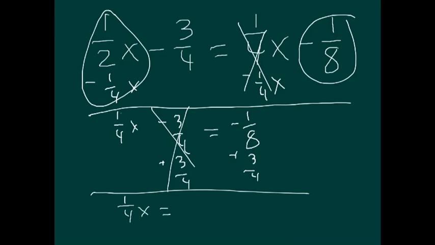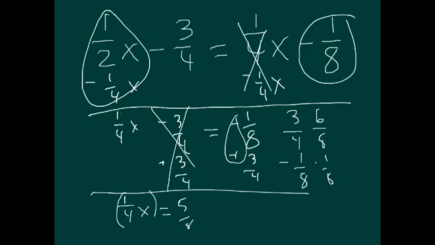When I do this subtraction, I'm going to put the bigger fraction on top. I'm going to subtract the smaller fraction. The signs are different. I subtract, put the bigger number on top minus the smaller number. I have 6/8 minus 1/8, which gives me 5/8. From here, I can solve it two different ways, okay? I can either take this